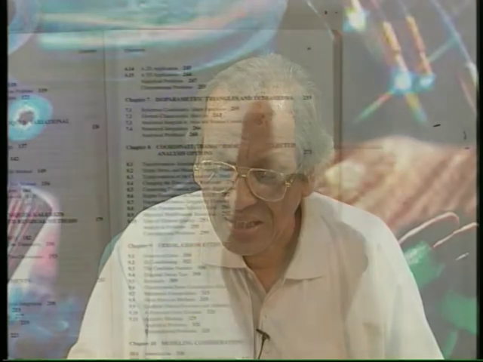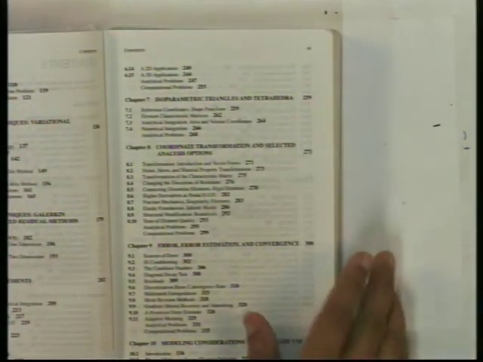And then the other chapter that I would like you to read is chapter 6, which is isoparametric element. Chapter 6. Don't read chapter 7, isoparametric triangle and tetrahedra,